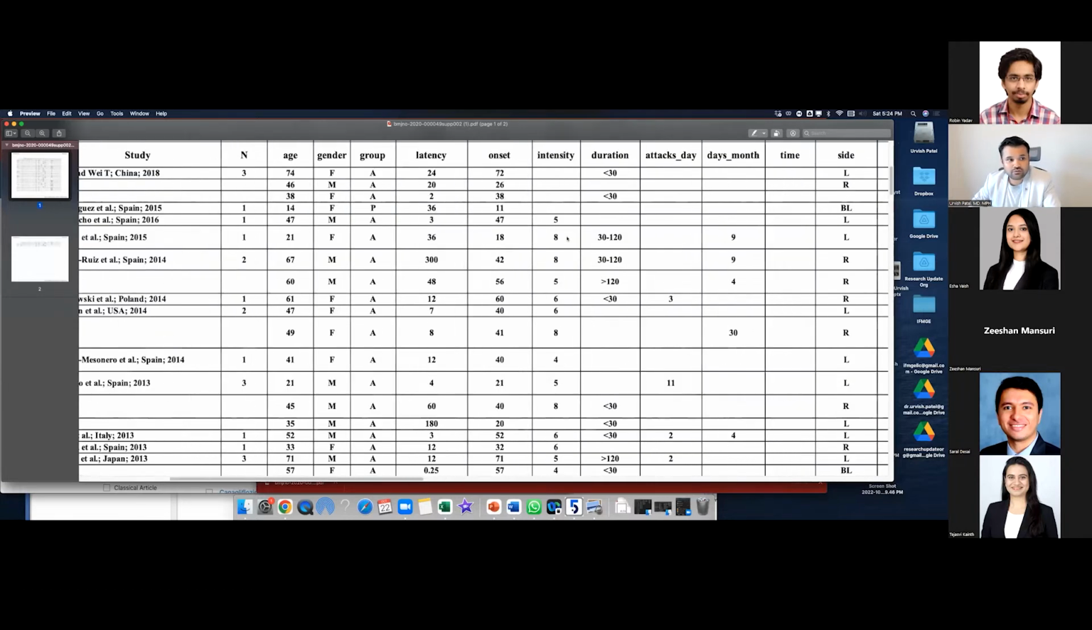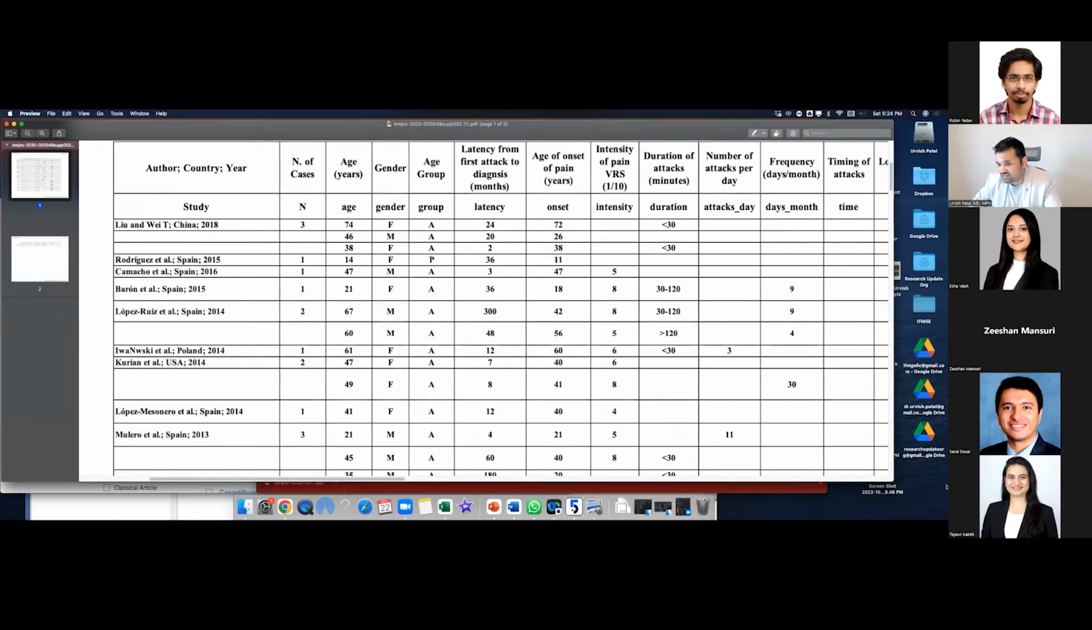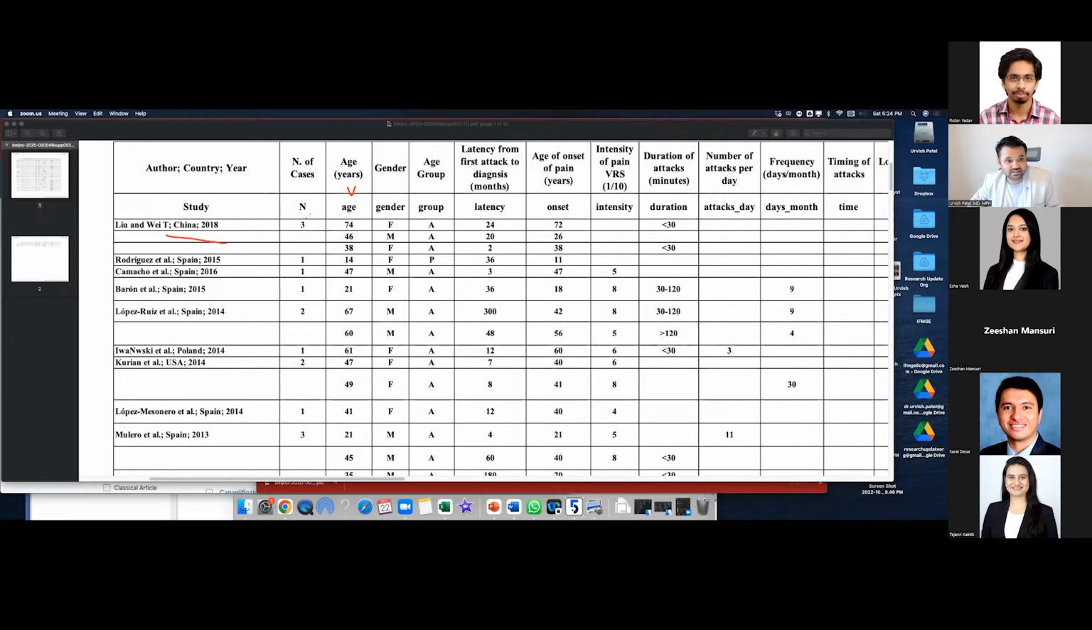Okay, so we use structured terminology as I was telling you before, and we make sure how many of those people have pneumolar headache. In those pneumolar headache patients, this study published 3, this study published 1 case report, 2, 1, and so on. And if you see, there are many studies here. 101 case reports are there in total. We collected at what age it was diagnosed, what the gender group is, latency from first attack to diagnosis, onset of pain, intensity of pain, attack, number of days involved, and